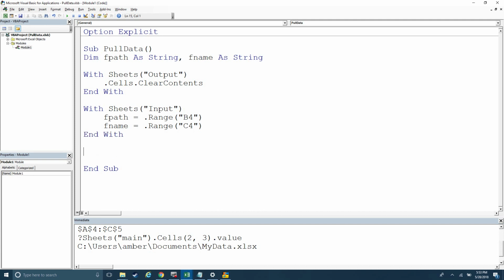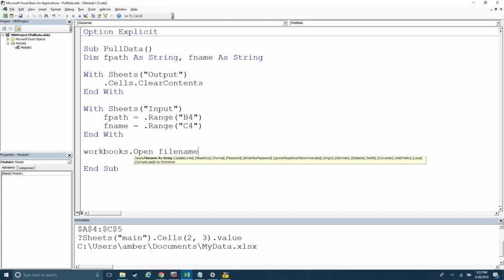Okay, now we're going to use the Workbooks.Open method, which is integral to being able to pull data from an external source. There's also the OpenText method, which is a different topic all on its own. If you're working primarily with text files, you can reference that as well. If you're working with a .csv file, then the Workbooks.Open method will work, and the Workbooks.OpenText method will also work. .csv is kind of a cool file because it can be opened in multiple ways. So we'll say Workbooks.Open, and then we'll type Filename:=